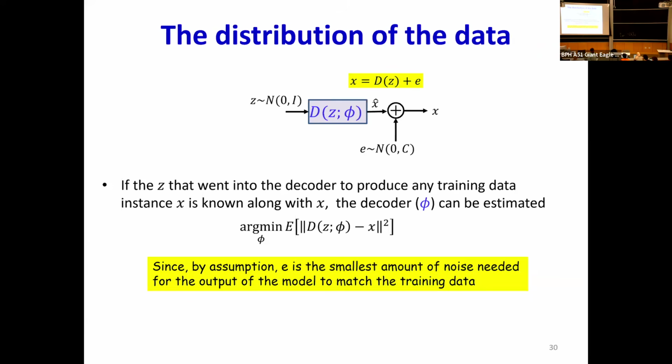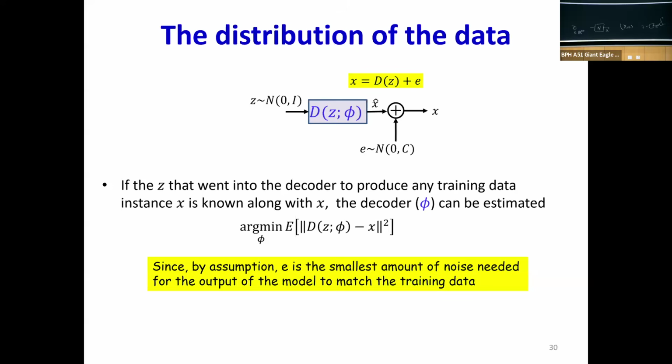Again, this is a regression model, if it's making sense to you guys, right? Your standard regression, your training data would be Z comma X. Then you put your Z through some model. It's going to give you some X hat. You have the true X. You minimize the error. This is how you train your regression, right? This would be easy. Z is the latent variable, it's a position on the manifold. If I had the Z for every X, I could train this network, right? I don't have Z. What can I do?